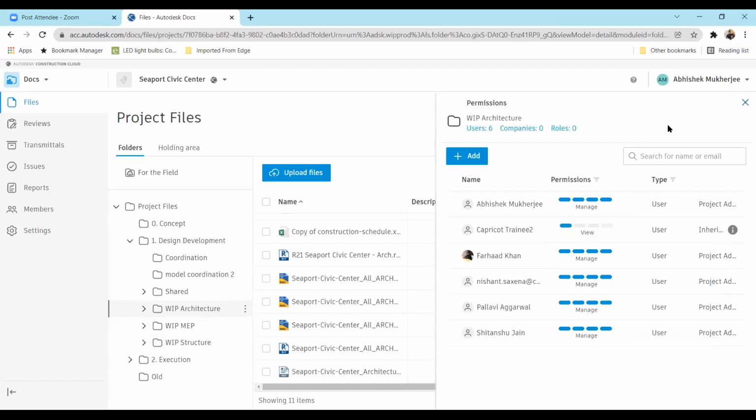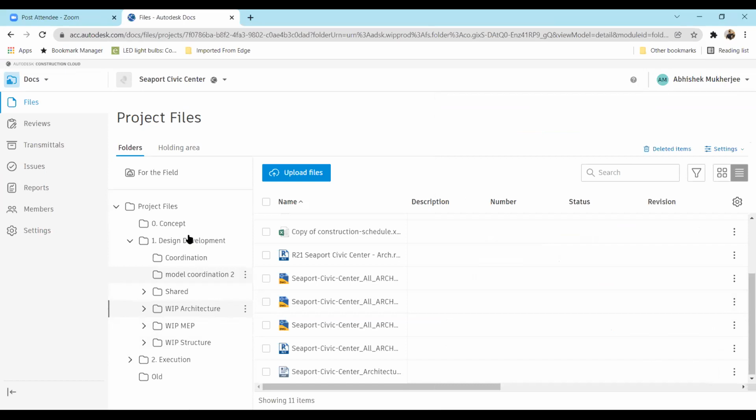Similarly, at the design stage of this project, you would need all of these folders and subfolders, including the shared folder. Now, why is there a shared folder, one may wonder. That shared folder is for sharing of the files. That means if you go for architecture work in progress, these people are only architects who have the rights to this folder. They don't have the rights to the structure folder. So how do they share a file?